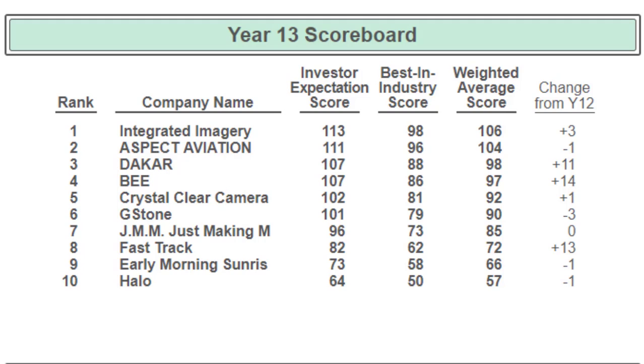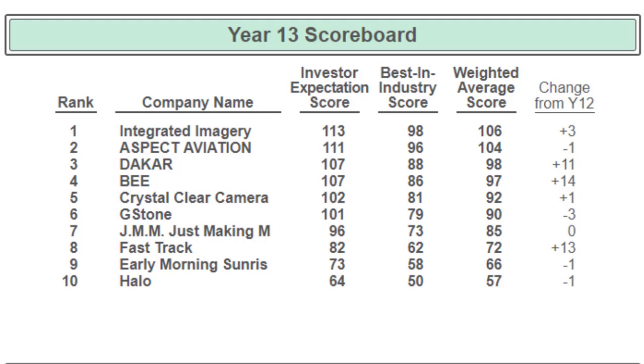Company B, even better than Company D, plus 14. These are the leaps that you need if you want to contend. So that puts them in the hunt. Company C, plus 1. Great job. Company G, they dropped 3. Am I going to pick on Company G? No way. Company G has made just astounding leaps throughout the semester, and any team could drop 10 points within a year. So maybe they're trying something different. They lost a few points. It's not that big of a deal, Company G. Don't be discouraged. Continue doing what you're doing.